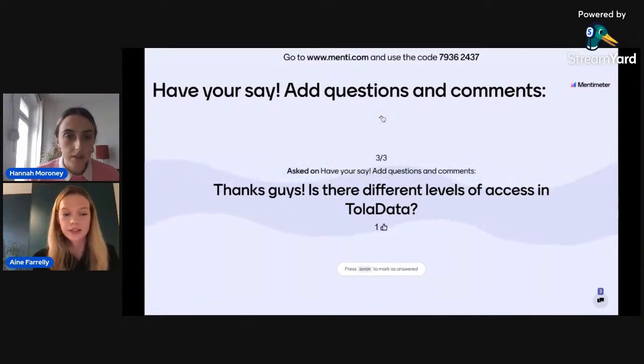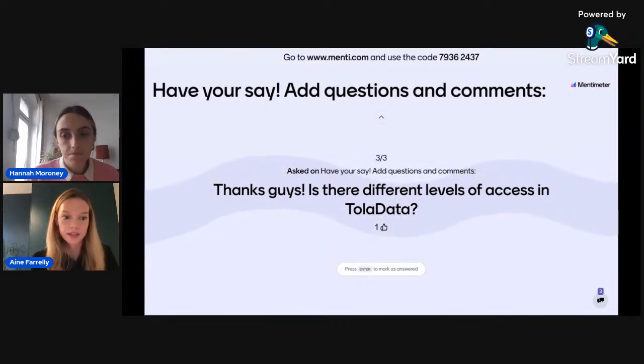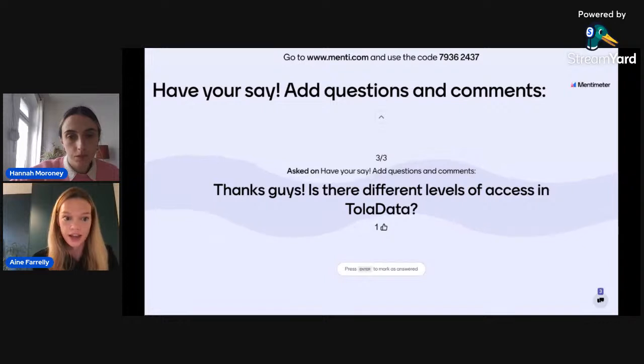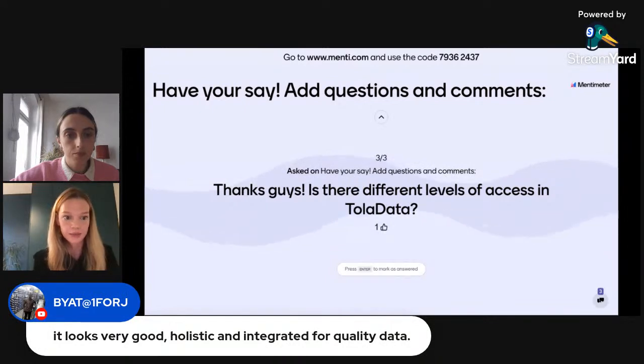Totally. And I will add that in the dashboard section, you can share externally. But with creating the dashboards, you can change the permission of those as well, which is something I didn't mention. Say to that dashboard, I have Hannah and Sive added as admins, so they can go in and edit it. I can add other team members just as view only, and some people in TolaData don't have access at all to that. So if they click into the list of dashboards, they won't even be able to see it. I think that's really useful for data protection and just security of different projects as well.